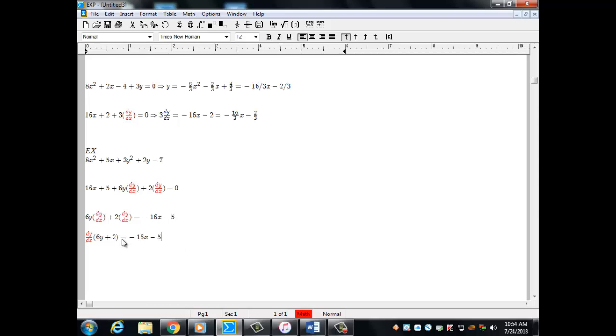Divide by 6y plus 2. Does everybody see what I'm saying? We're solving for dy dx. Divide by 6y plus 2. And that will give you your final answer of